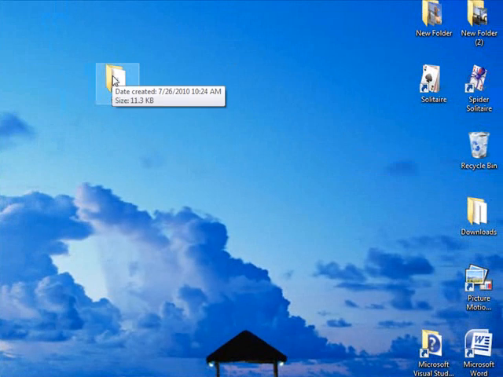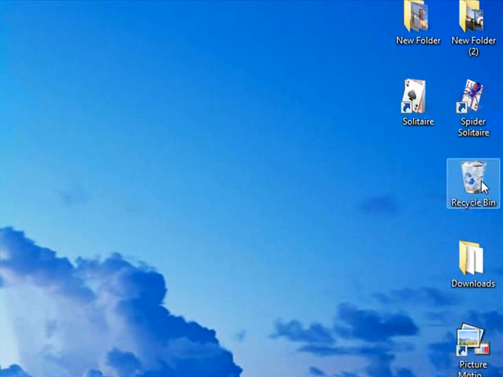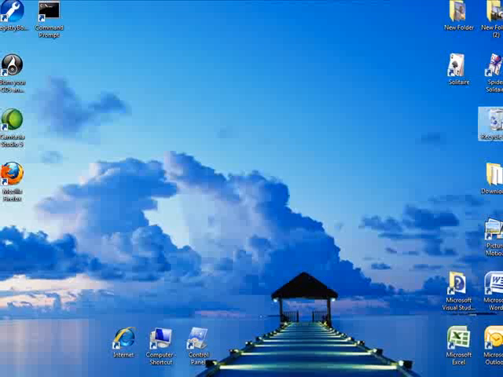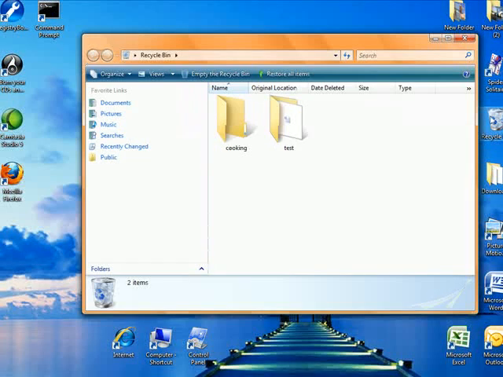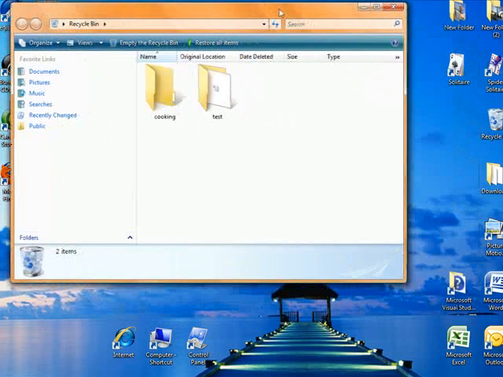Or you can do what I like to do, just take the whole thing, drag it over, and put it in your recycle bin. Now your recycle bin, which many people do know, but if you don't know, that's where it stores all the stuff that you deleted. It's kind of like a trash can. So if you look in here, right there are the two folders